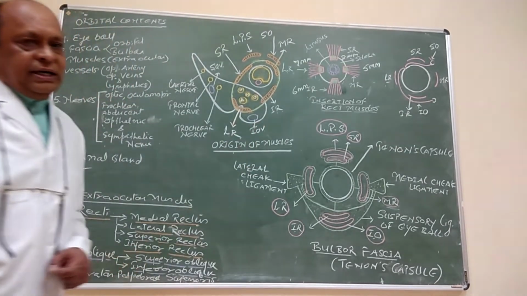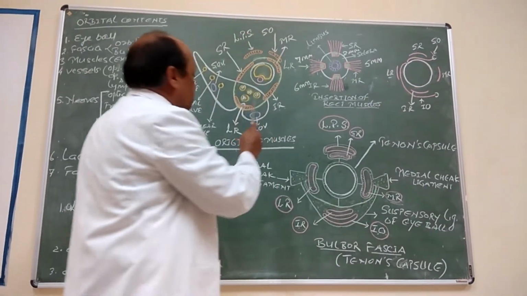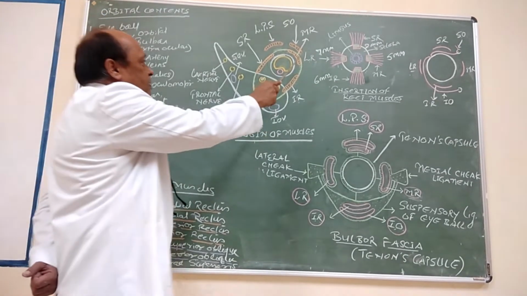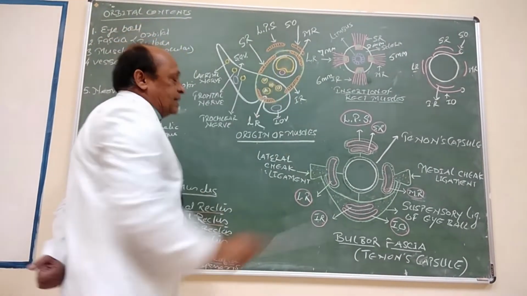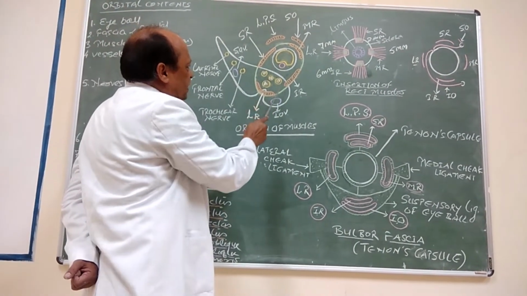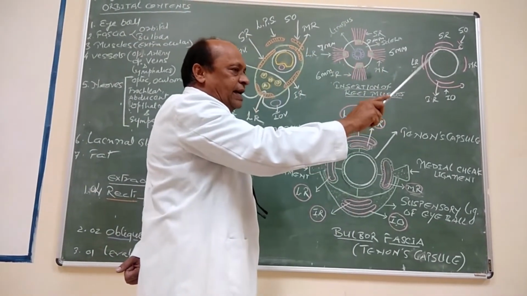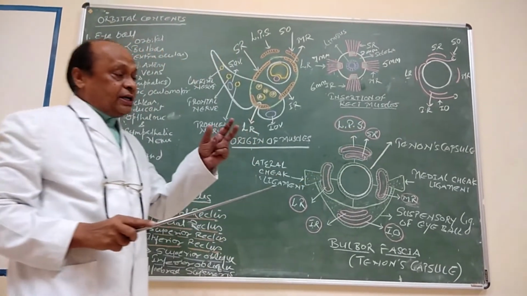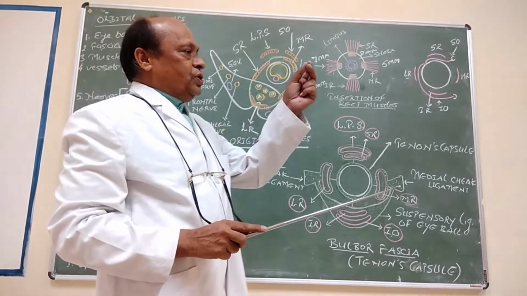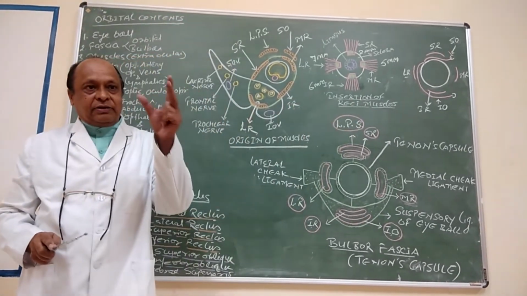Now look at this diagram. This diagram is showing insertion of oblique muscle. Look at the superior oblique muscle. As we know, the superior oblique muscle takes origin from the lesser wing of sphenoid, and it is situated above and medial to the optic canal. And this muscle is running forwards and at the pulley trochlea, which is situated at trochlear fossa. Now, as we know, the trochlear fossa is situated at the anterior medial part of roof.